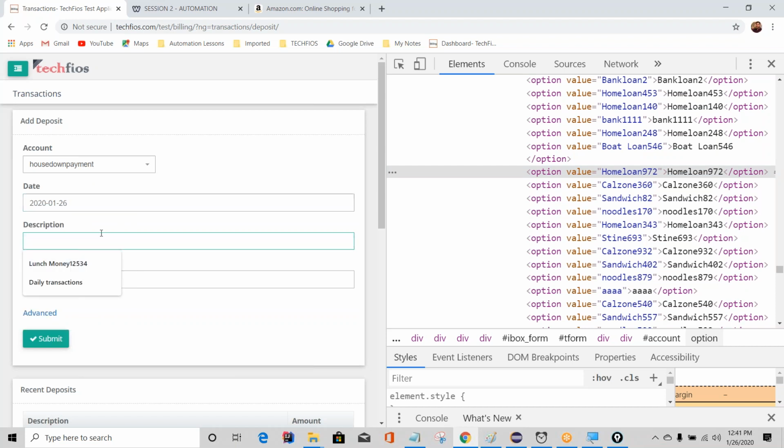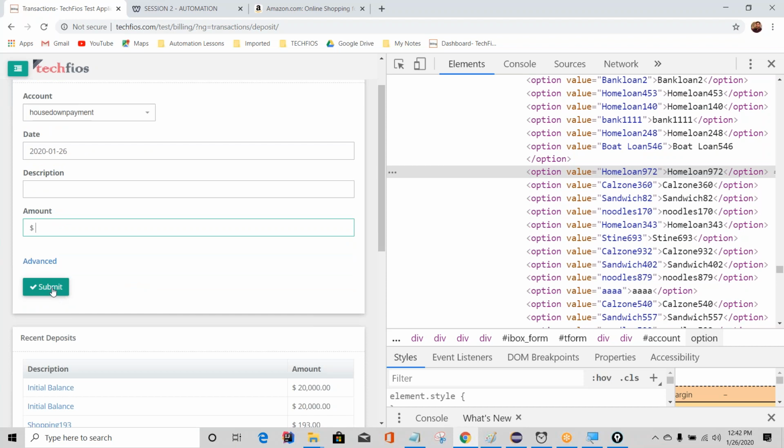You put a description, anything you want, send keys. Find this element, send keys description. Find this element, send keys a number. Still send it as a string. Everything send as string, send keys string. And then click on this submit button. Let's do one. Cricket. Amount $50. If I hit submit,